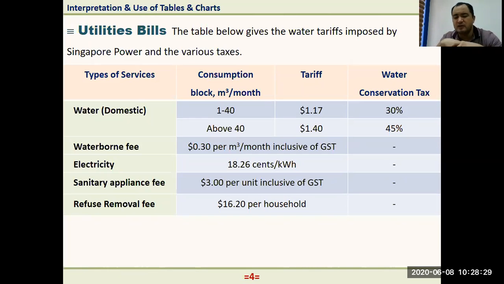Actually, it depends also on the agreement, either the cost includes the tax. Sometimes the companies don't want to include the tax. They just want to get their share, and the tax you have to pay separately, depending on the country's tax system. But here, how should we understand this table? As you see,